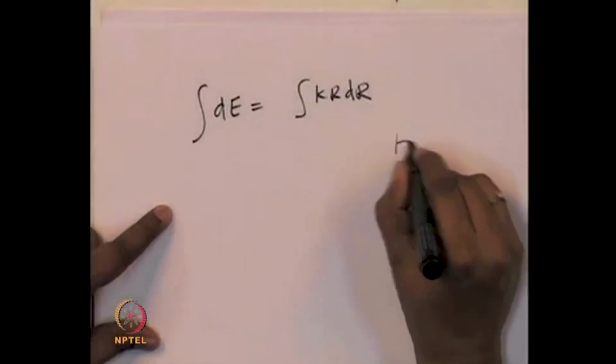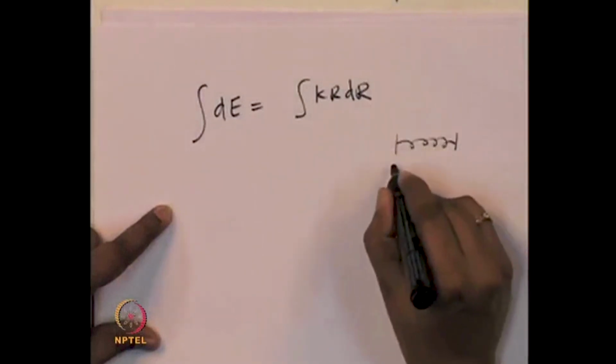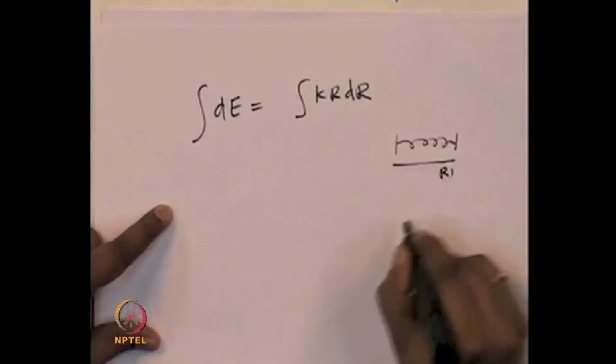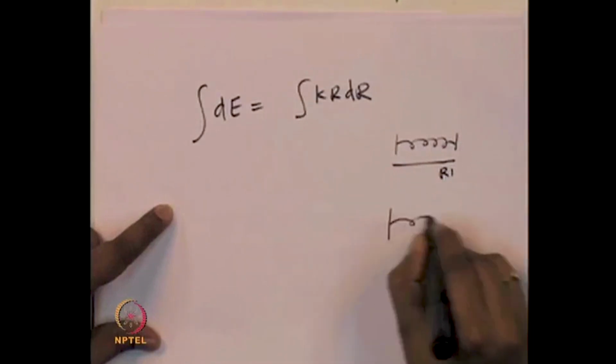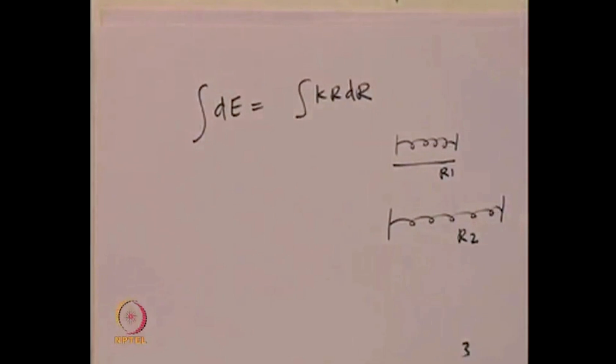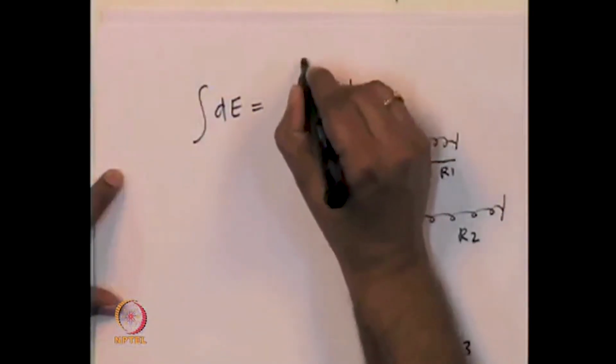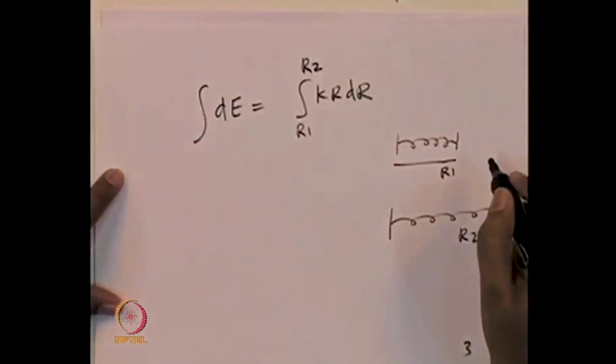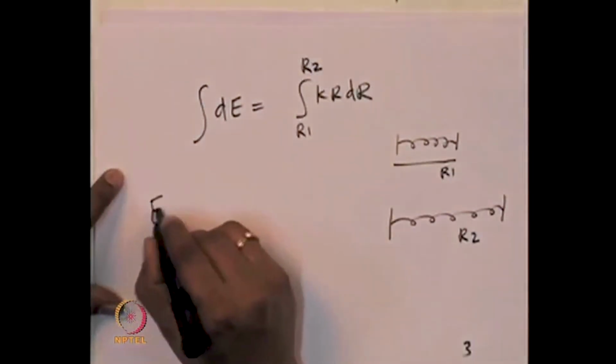Now, first you had this particular r, let me call this r1. Now, I am pulling the spring to a greater distance, which is r2. So, I am pulling from r1 to r2. I have this spring of length r1, then I am pulling it to a length r2. You can ask the question, how much energy does it cost to pull from r1 to r2. So, this integral goes from r1 to r2, and this is energy,